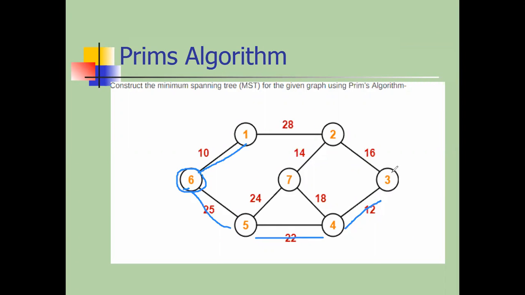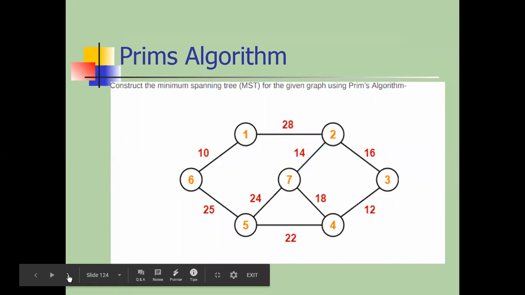After that, which node are we going to select? Then 3 to 2 is selected. After that we have to check this minimum. Suppose we have to go to 7, then 24, 18 and 14, which is minimum? This one is minimum. So we can consider this. Okay, so there is no cycle formed. This edge should be minimized. Okay, so this is the concept of what Prim's algorithm is.